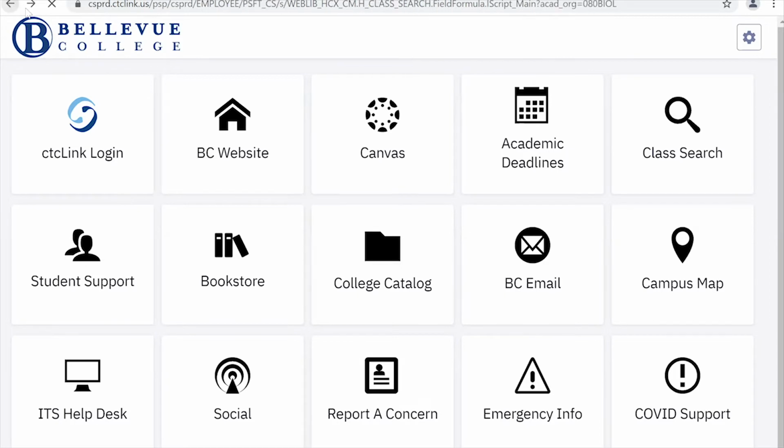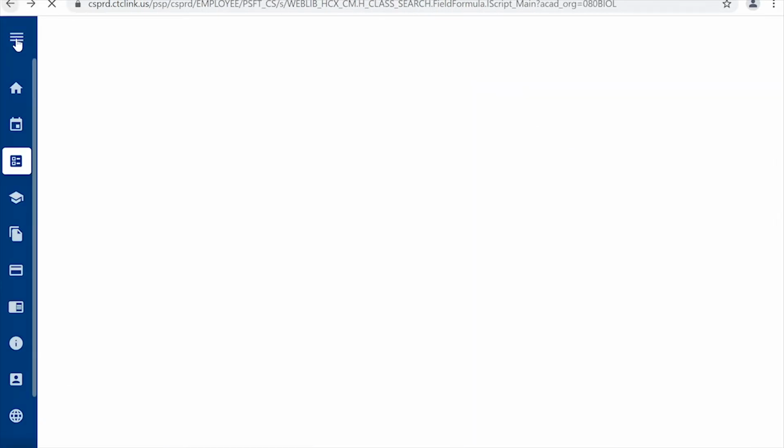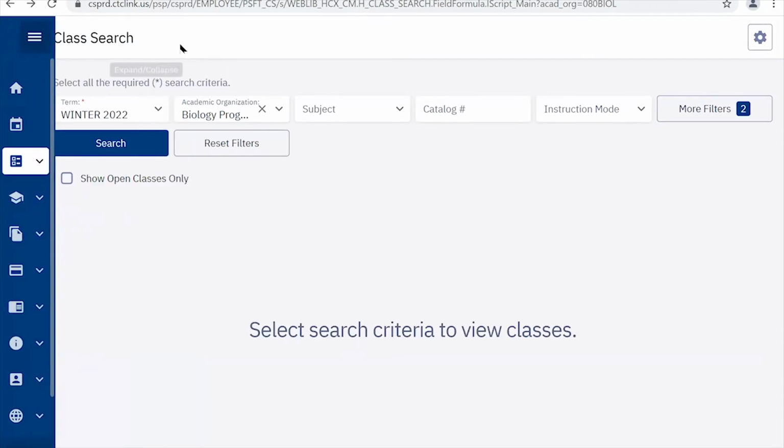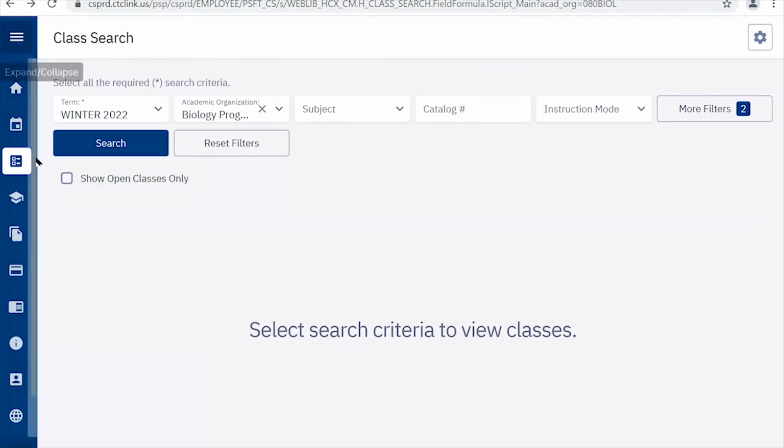If I go back, and that's my little hamburger. Oh, I see a hand from Elizabeth. Yeah, so when you went back and it showed the different course catalogs as well as Canvas, Canvas won't change, right? It's kind of the same format. It's just the CTC link that's being